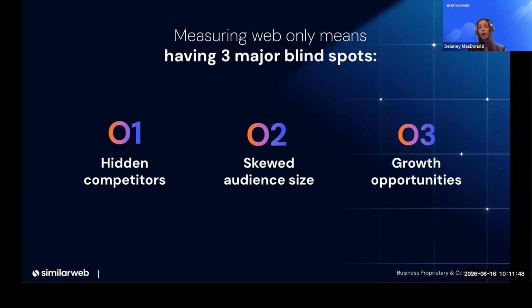So if you're only tracking web, you might be seeing all these conversion signals, but you only have half the picture of what is actually prompting that interest in your brand or where else they were looking along the way. And that's where app data can come in, because it can show you where your competitors are cutting in on your customers' attention, where else your customers are actually going, and where their attention is split. So with these 3 blind spots in mind, let's jump to looking at a real